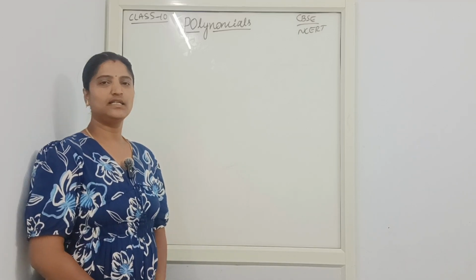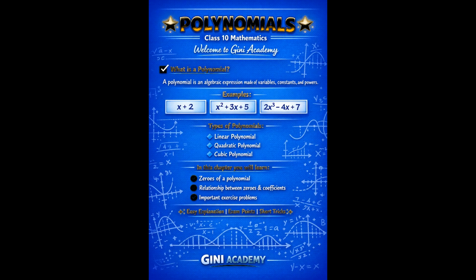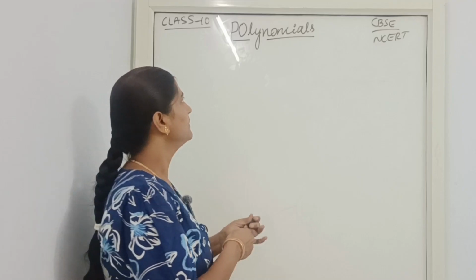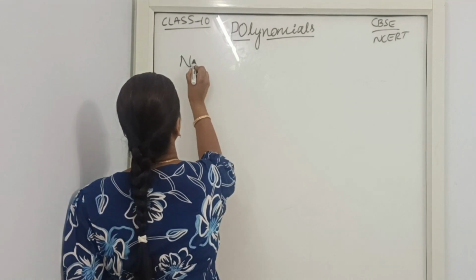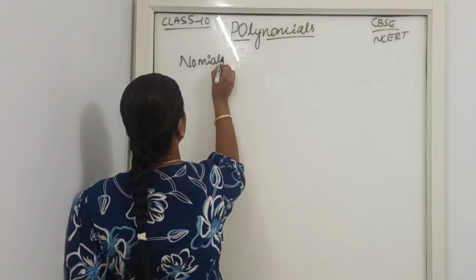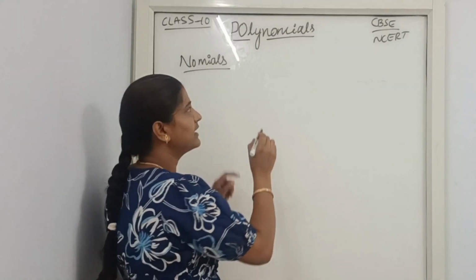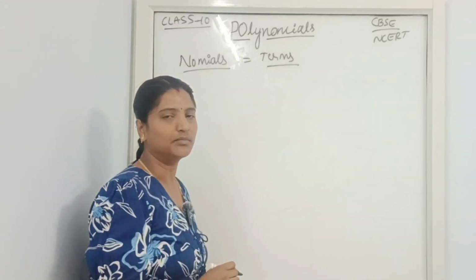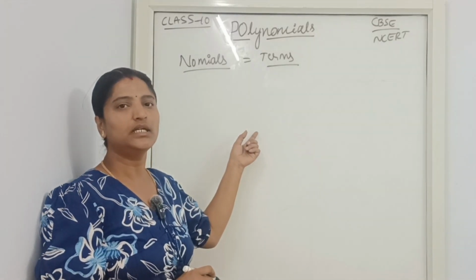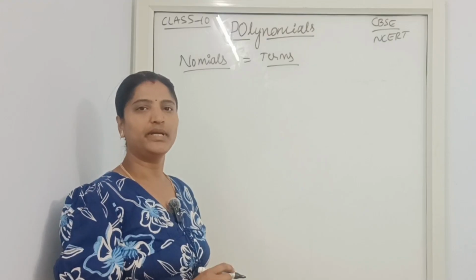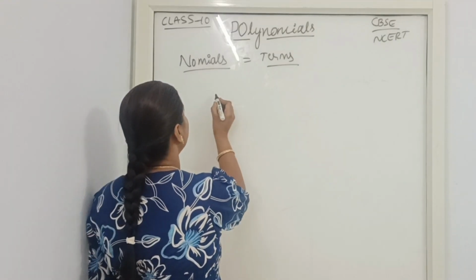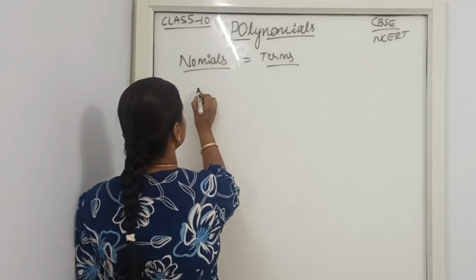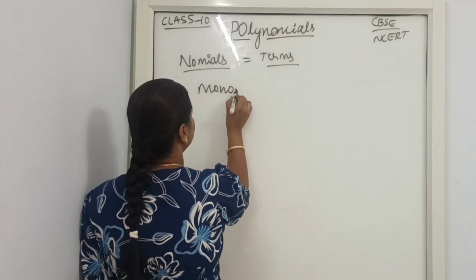Today, let us start the 10th standard second chapter, Polynomial. The name itself is Polynomial. Let us understand what it means. "Nomials" means the number of terms, or we can easily consider it as the term. Based on the number of terms in the given equation, we can call it monomial,